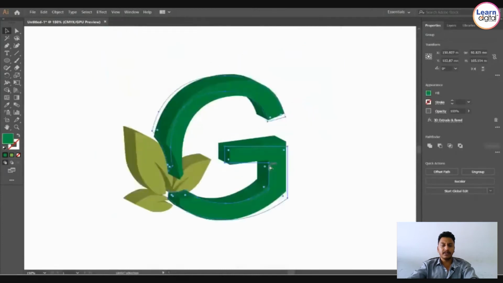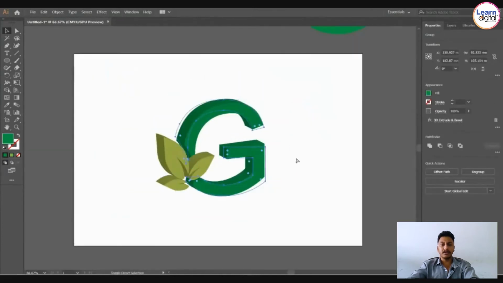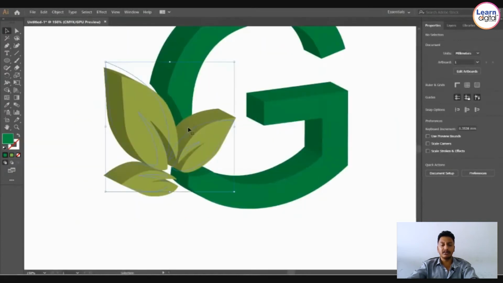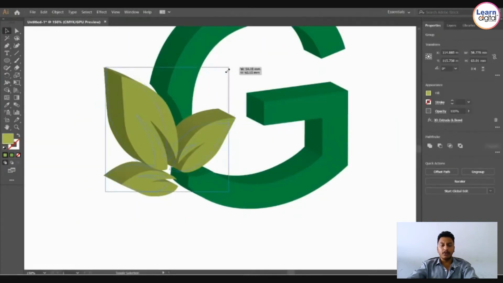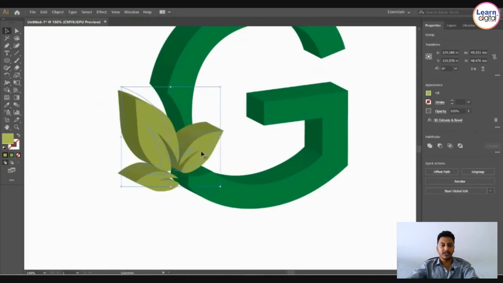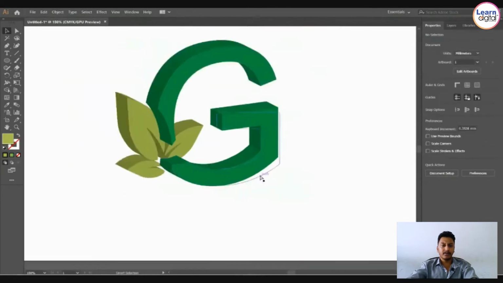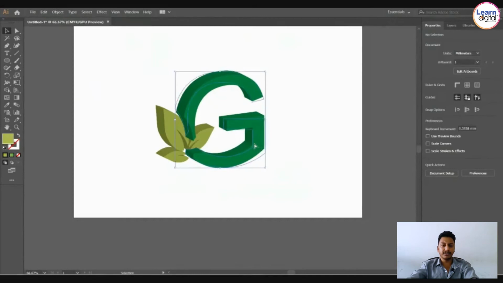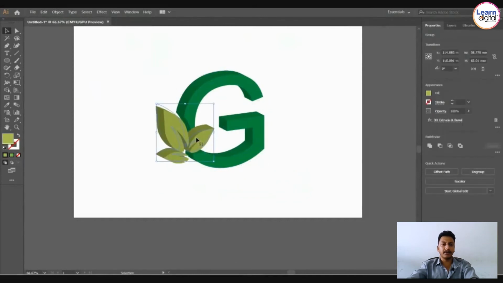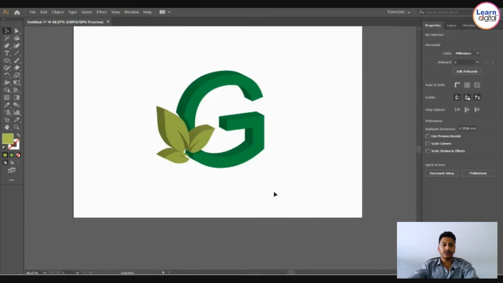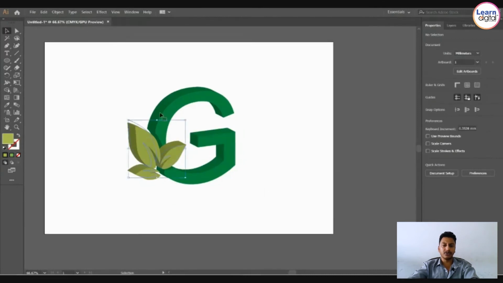So once the 3D effect is done, if you want to make some changes in colors or if you want to play with smoother edges and all, you need to convert the 3D to normal shapes. So select. So obviously I need to give some shades. I need to play with the colors. So under object, use expand appearance. So then your 3D will convert again into shapes. So ungroup it so you can easily identify the changes over there.